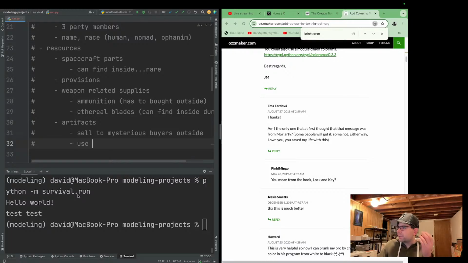So it's good to make something for it, because I'm forced to come up with ideas instead of just spinning my wheels thinking about it. So we can sell artifacts to mysterious buyers outside, and we can also use them to enter, exit, and set waypoints.